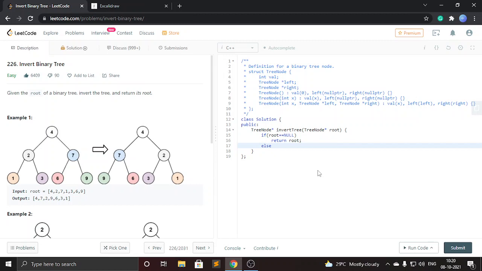Else, in the else part, we will do the post order traversal. First we go to the left. After the left call is finished, we will go to the right.